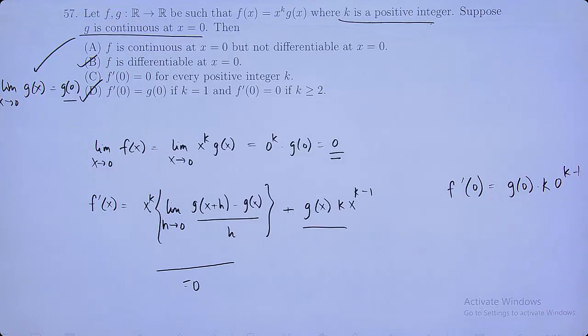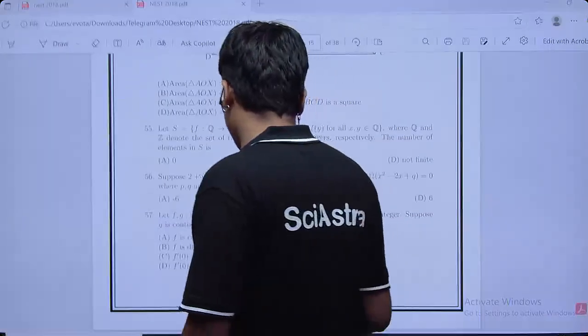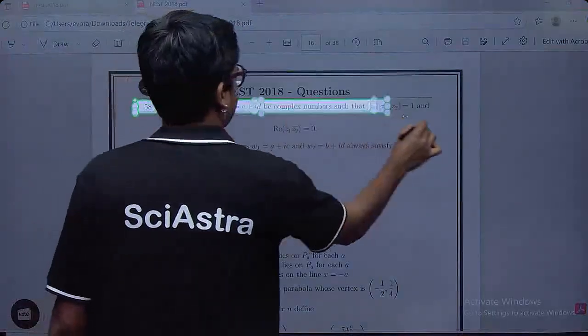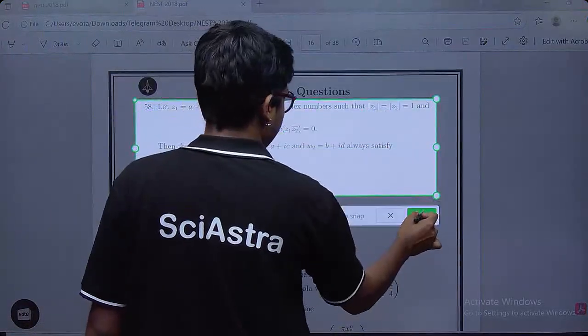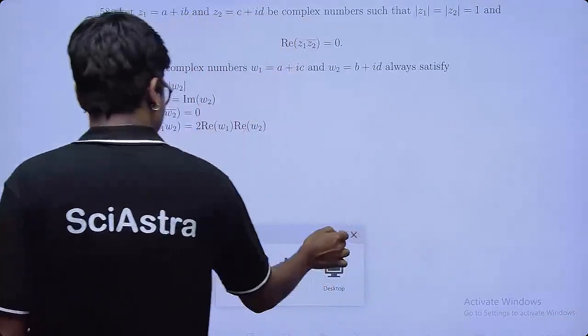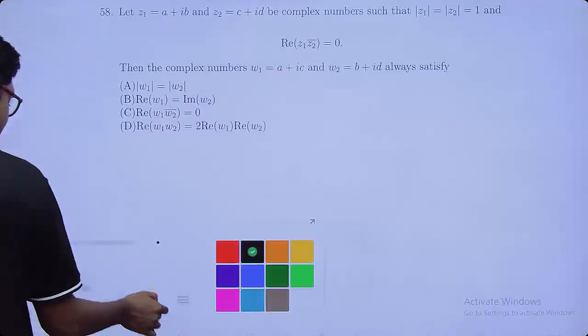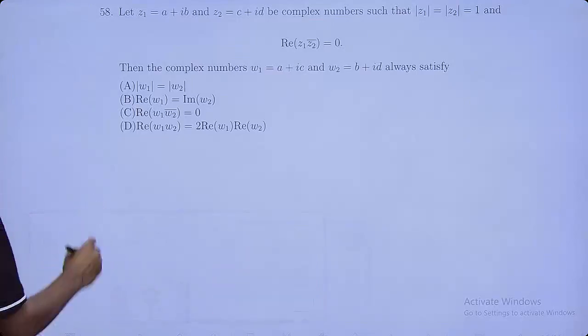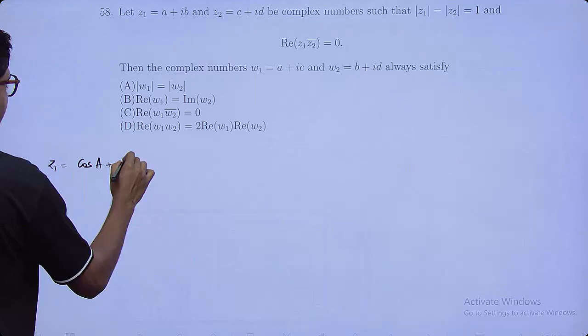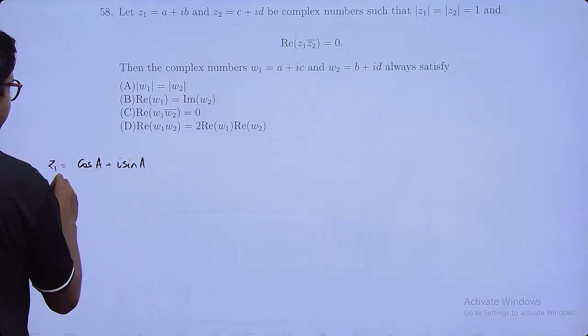Okay. So this was question 57. Coming to question 58. Yeah, okay, again, easy question. Let's do this one. So you have two complex numbers given to you, which are of unit modulus, which means I can write down Z1 as cos A plus i sin A. And I can write Z2 as